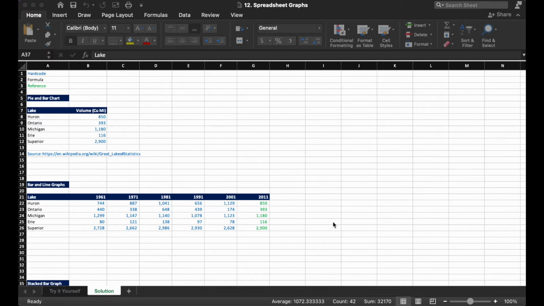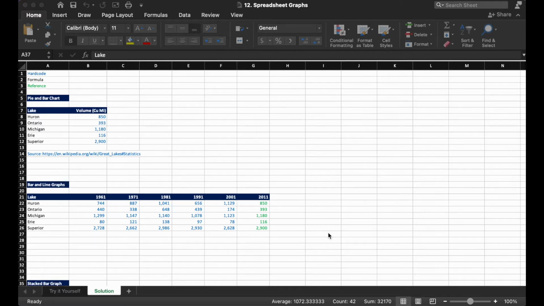We will be using smaller data sets to work on the concepts, but the same principles can be applied to any size data set you have. In general, I view the different graphs as follows. A pie chart or pie graph shows the parts of a whole. A bar graph is used to compare different groups. A line graph is used to show time series data. A stacked bar chart is for comparing groups over time or comparing parts of a whole. And then a scatter chart is showing a variety of random data points to see if there is a trend.